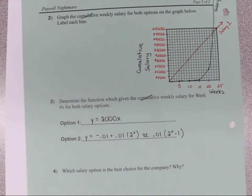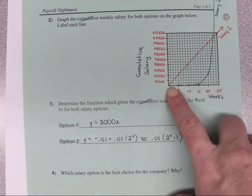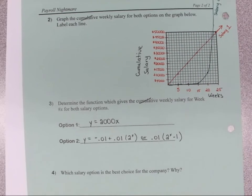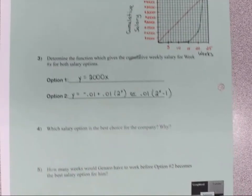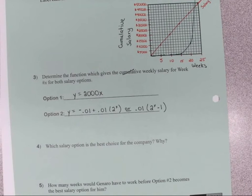Okay, so obviously pictorially, if I ask you what's going on, kind of like the graphs we looked at last time, but definitely more complicated. Notice that on the graph, salary option 1 is the better option until you reach a certain point, right? But then salary 2 is a much, much better option cumulatively. So if I ask you which salary is the best choice for the company, okay, that would kind of be,